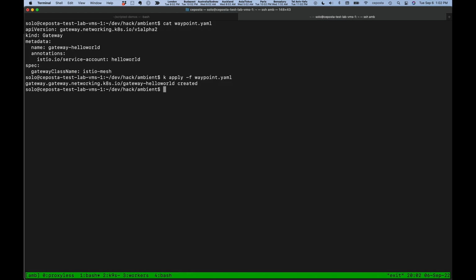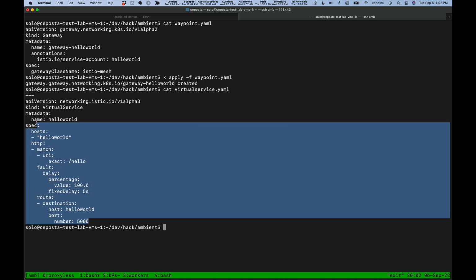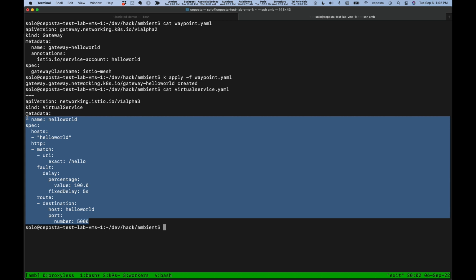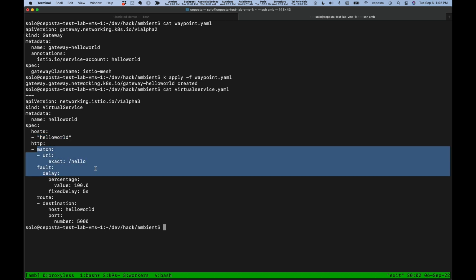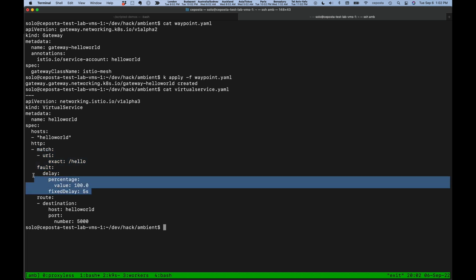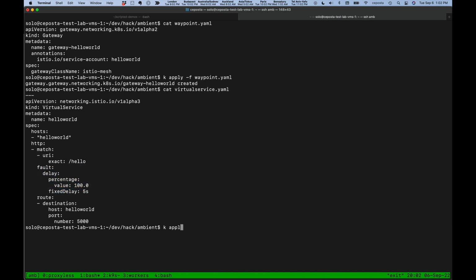So now if I come back, we can take a look at a virtual service, which is a familiar API in Istio that specifies traffic rules for when a client tries to talk to hello world. And in this case, we'll do some layer 7 matching, and then we'll do some fault injection. In this case, 100% of the time, we will delay the calls by 5 seconds. So let's apply this virtual service,